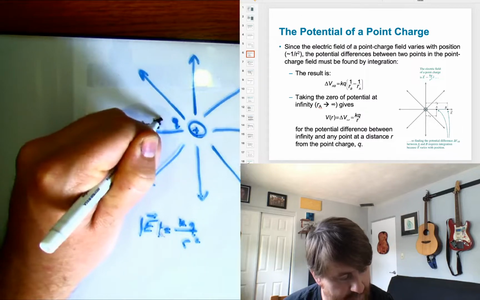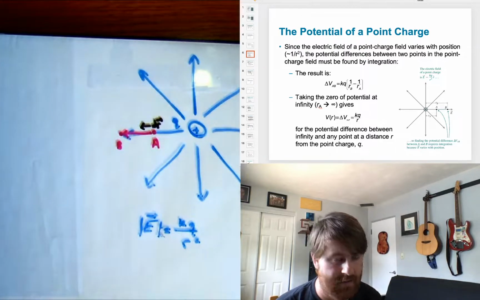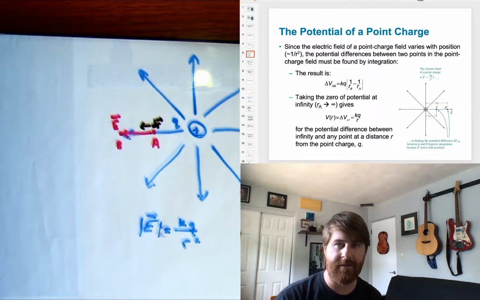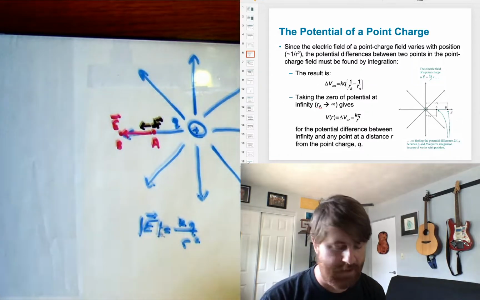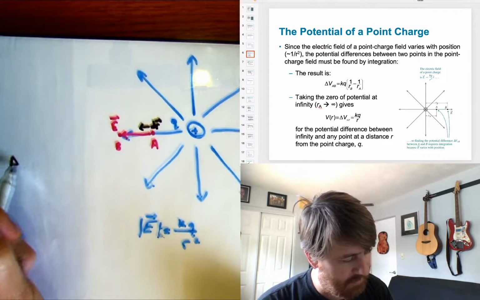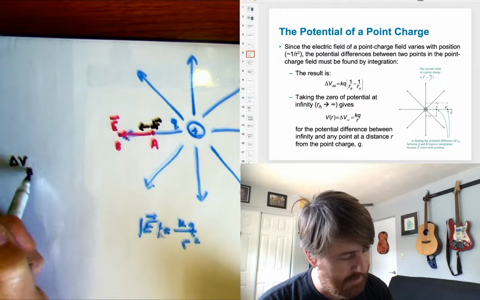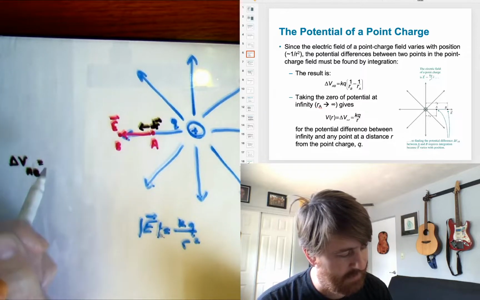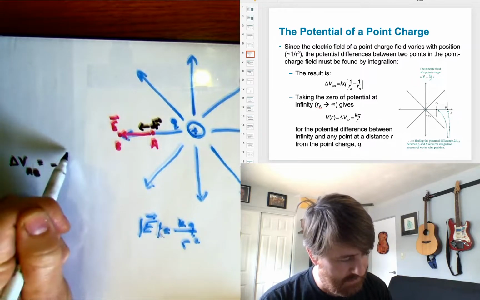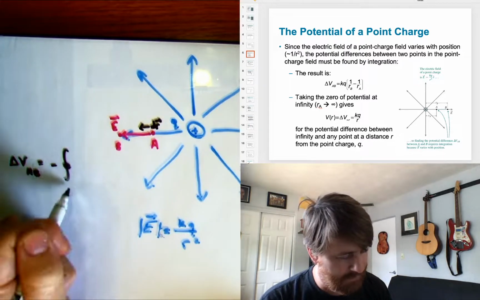We're moving it to the left. The electric field, that's E, is also to the left. I can find my change in potential, delta V_AB. That's got to be minus the integral from A to B